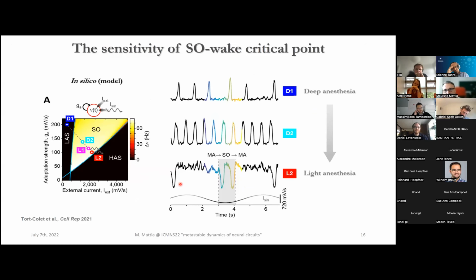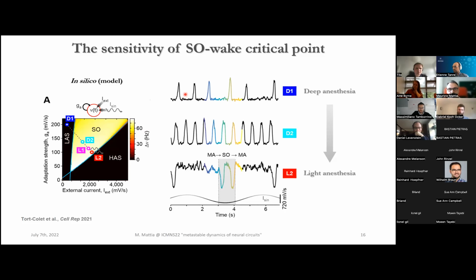And we have been able to model and to predict some footprints. I will not go into this because of the lack of time. Again, resorting to the bifurcation diagram I showed before, in this case what we changed was both the level of excitation on the x-axis and the level of adaptation, because these are a very good way to represent how the fading out of this kind of anesthesia is occurring. Okay, once you approach this critical point, the one separating the slow oscillation phase and the asynchronous wake-like state,